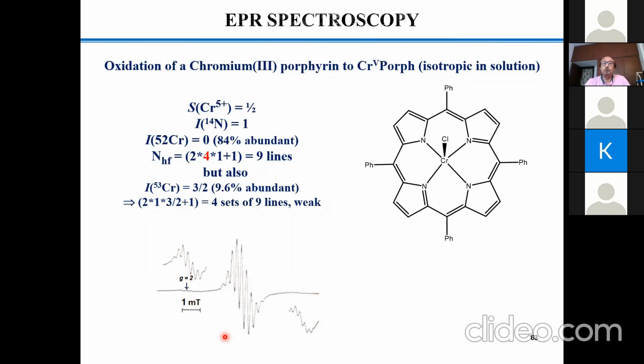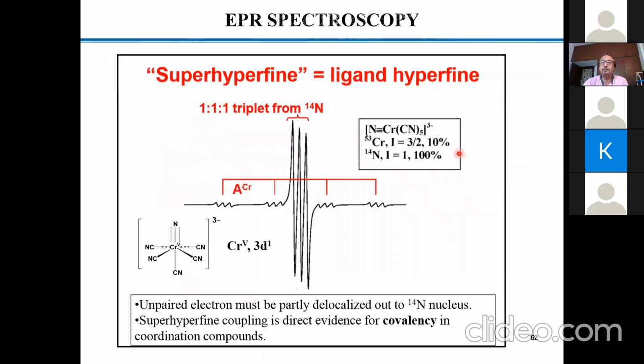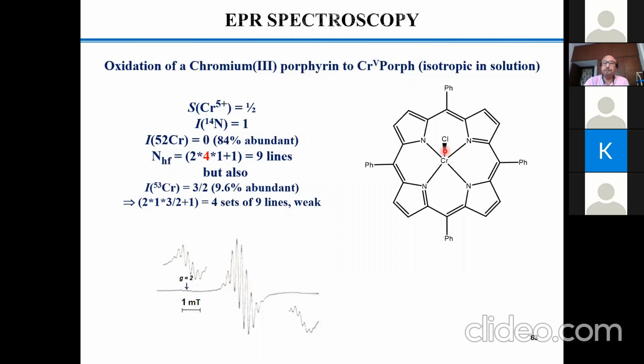But here, if you are not very careful or very enthusiastic, we would only say, unlike the previous case, that the other isotope of chromium, which is about 10%, has no impact on this spectrum. But if you are enthusiastic in understanding the spectral profile, then you will see that there is something over here and something over here. Actually, we should